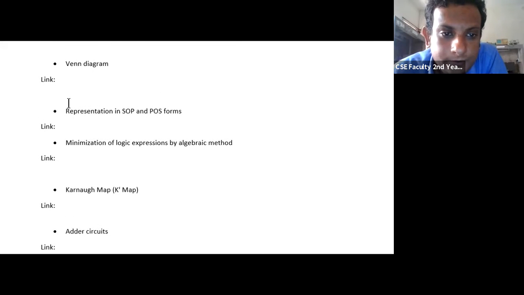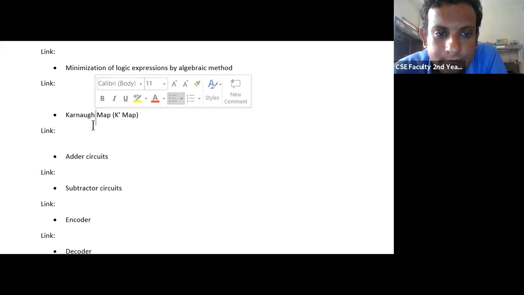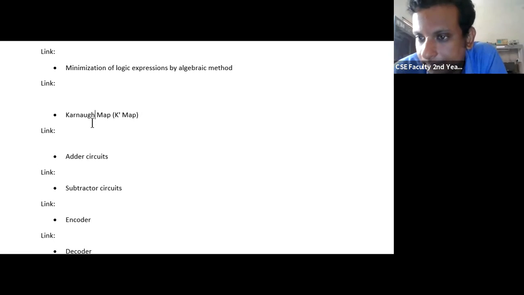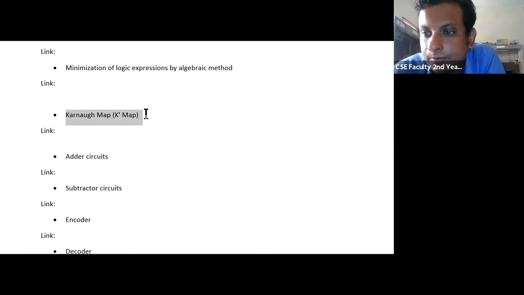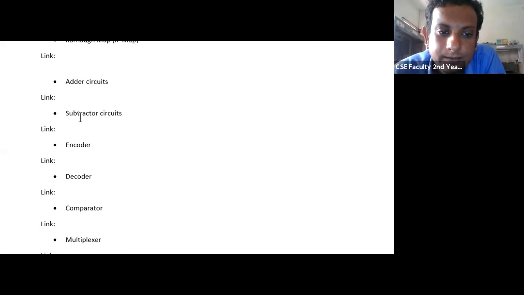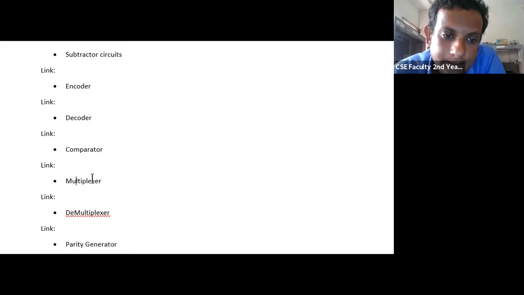One other thing I need to mention: there are a few topics which are not mentioned in your syllabus. Like here I have given the Karnaugh map. It is not given in your syllabus, and for exam purposes this will not appear in your exam. To solve a complicated equation using a Karnaugh map, this kind of question will not appear in your semester exam. But this topic is very important to understand for simplification of Boolean algebra equations, and it will be helpful for other topics also.